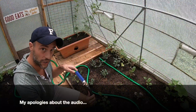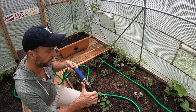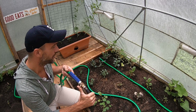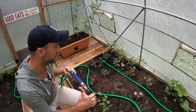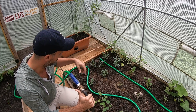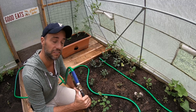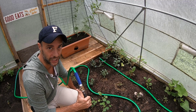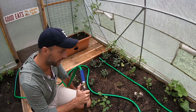Okay, so I just connected the hose, and if you notice here, I've got a turn off valve. The reason why I'm doing that is because I don't want too much water pressure to go into the hose. Like I said, too much water pressure will likely make the water sprout out. Kind of like you're in a supermarket produce section and they decide they're going to mist all the vegetables to make them look fresh and delicious. The same thing could very well happen here, which I don't want to happen. So by just turning the water on,